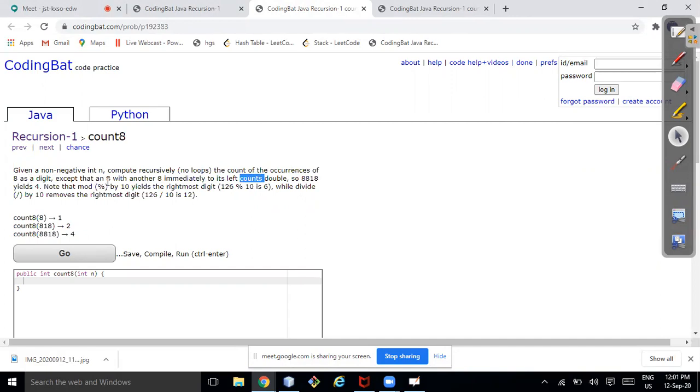Except an 8 with another 8 immediately to its left, count double.